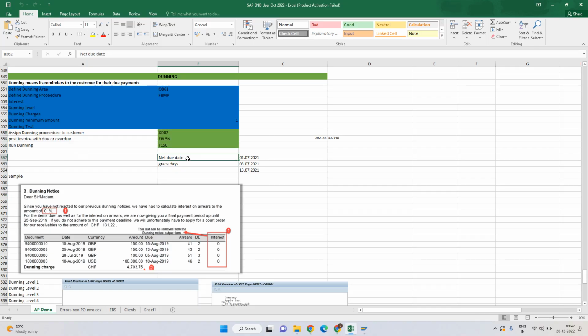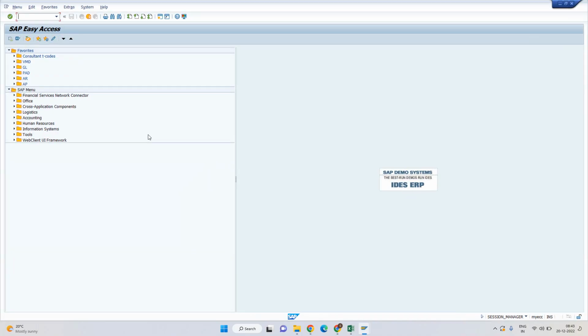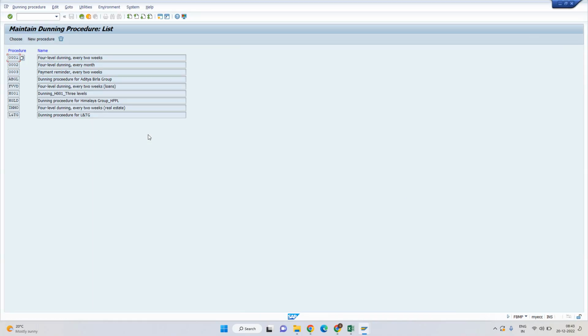As per this configuration, we can send up to nine letters. That is called the dunning level. So let me show you this configuration in SAP. Here I go to the T code FBMP, which is a consultant level screen, and here we have around 7 or 8 dunning procedures. This is all about configuration, and based on this configuration, the dunning